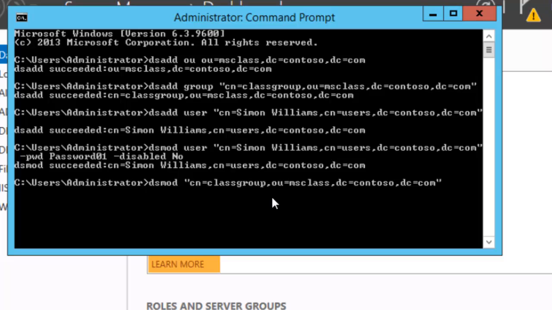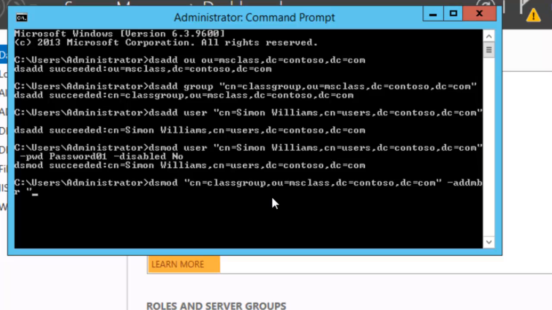Now, we said that we wanted to add this Williams person to that group. So after you type the quotation mark, you want to give a space, and we're going to say add member. And to say add member, we have to type hyphen ADD MBR, space. I'm going to add the member Williams. So open quotes again, we type in the path where the Williams user